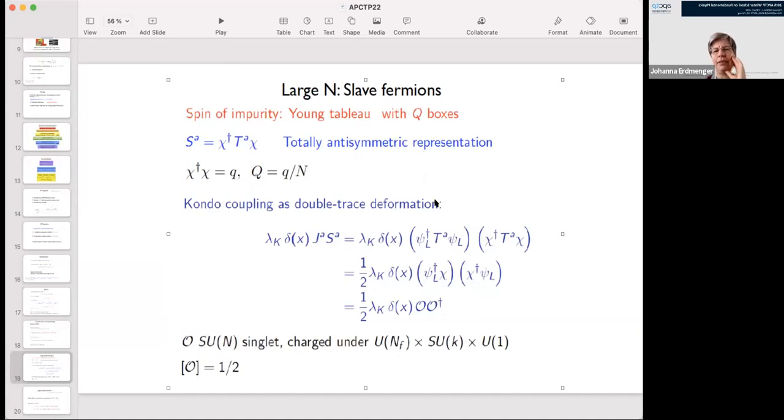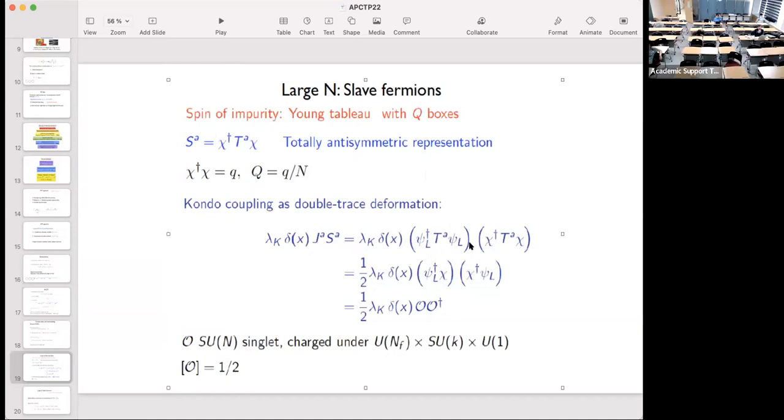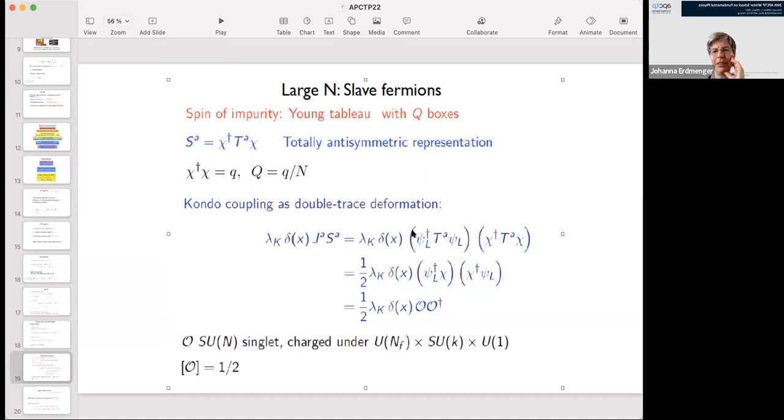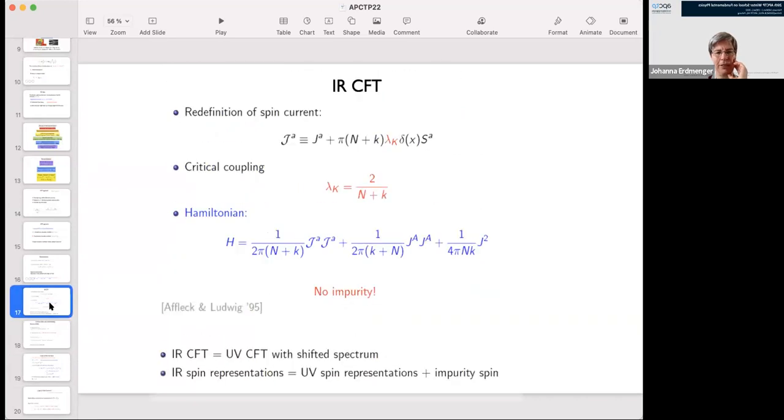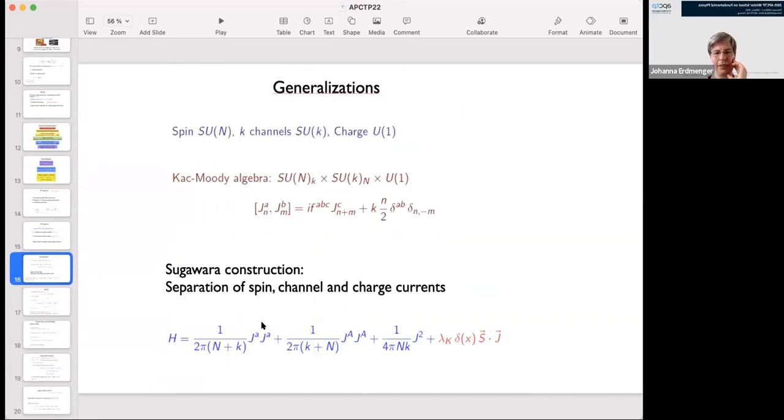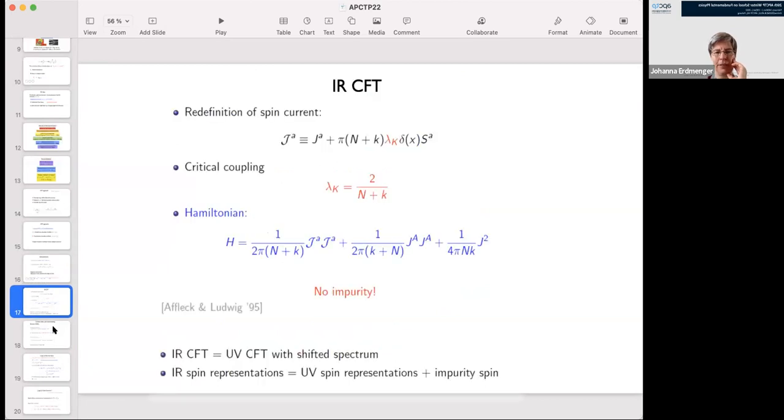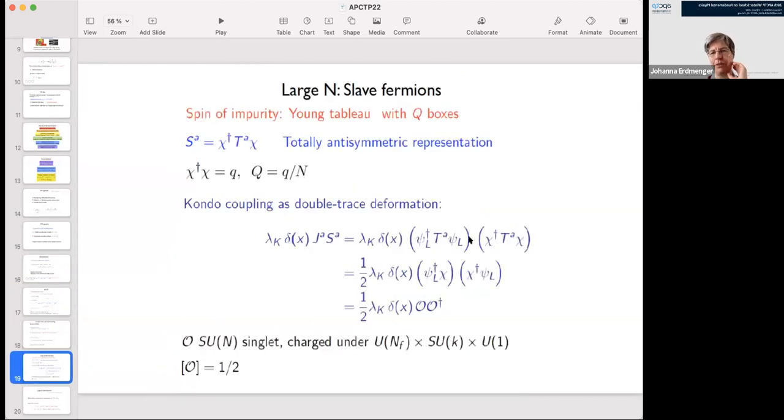Okay, but then the point is, this interaction now can be written in this way. Here, this is what we had before already, our spin current. This is the same as I was discussing for the conformal field theory. This current can just be written in terms of the electron fields and this representation here, which you take to be the same as that one. And then here I just use what I just introduced: let's write the spin operator in terms of a bilinear of fermions in this way.